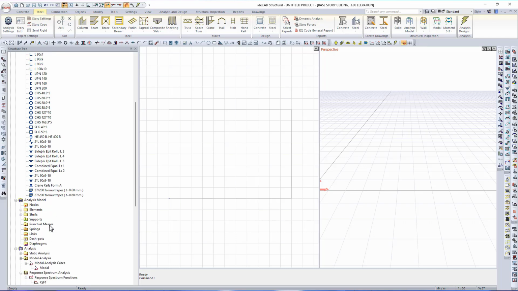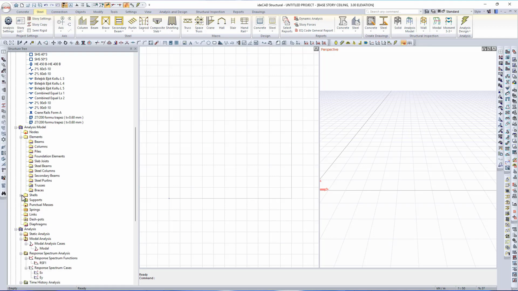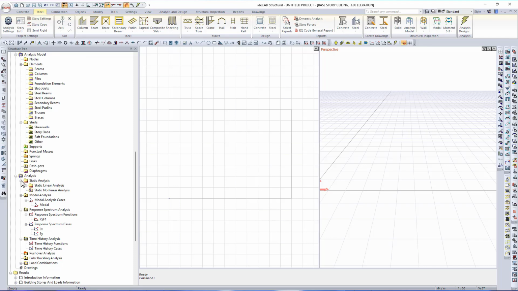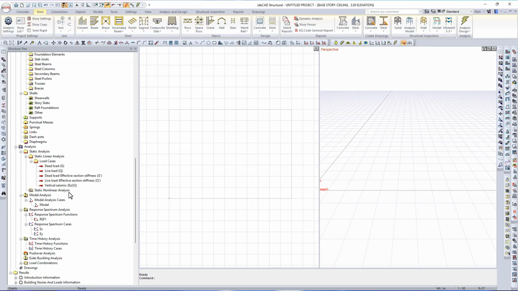Moving on to the analysis section. Since we haven't modeled anything yet, you won't see any nodes or members. However, after modeling, each item's analysis details will appear here. Under the Analysis heading, you have Static Analysis, Modal Analysis, and Current Load Cases. As you progress through the model and define loads such as snow, wind, and seismic effects, you'll see them automatically